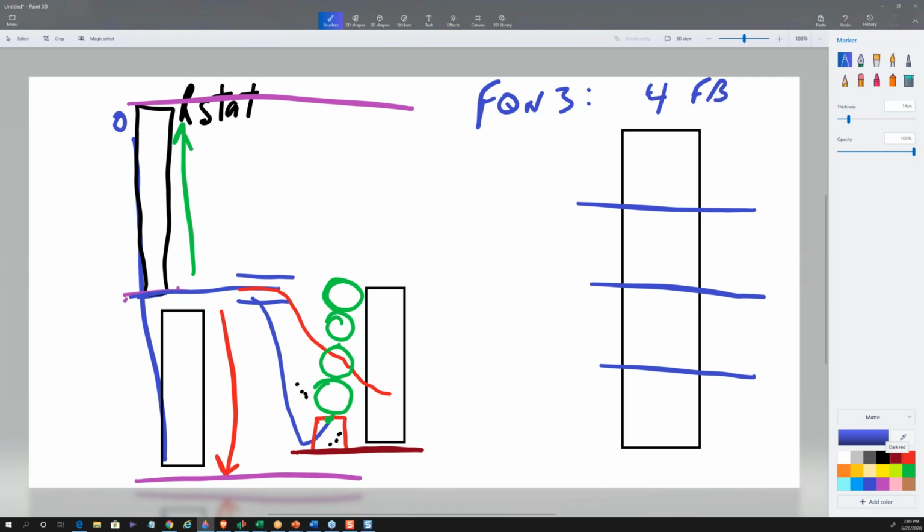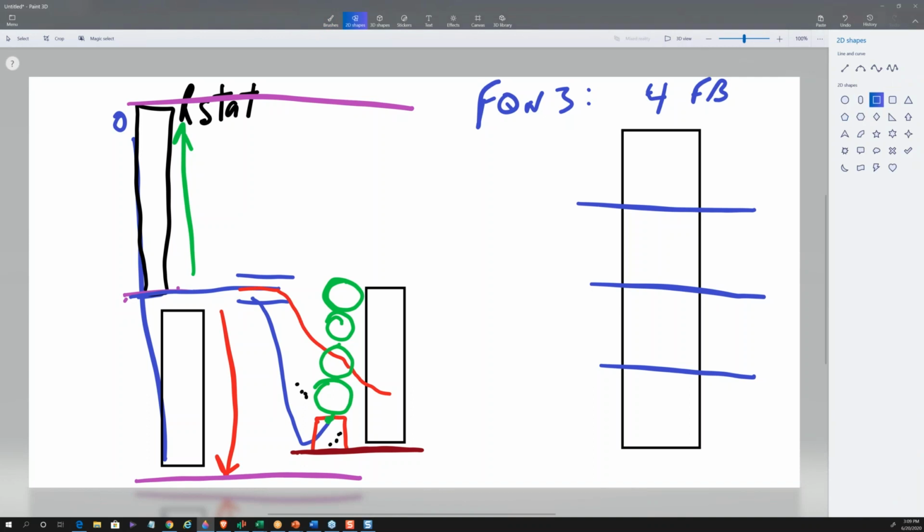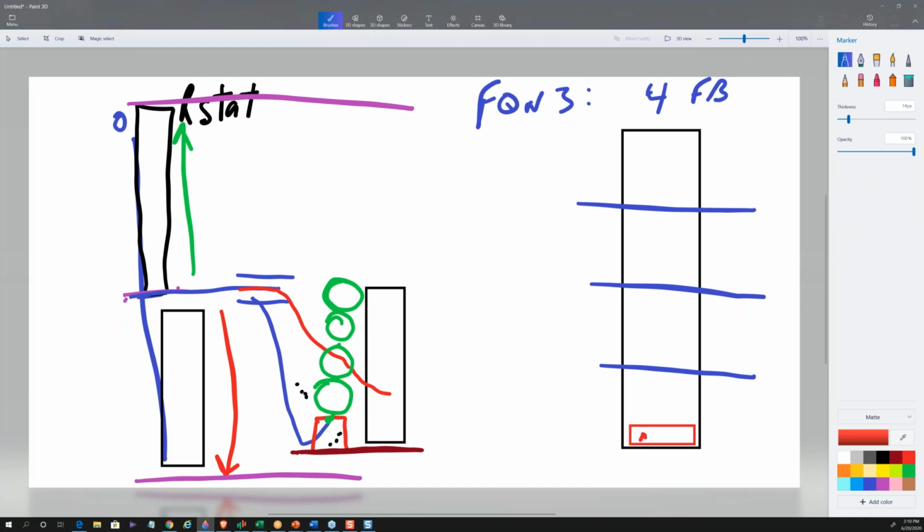So I want you to think about the power of the hybrid frog now and this minimum manageable risk box. It is not unusual for your little MMRB to be a quarter or a half of a frog, or in this case, about a third. So when your little MMRB is down here, I want you to realize what that means. If you had that really harsh winter and it sold off that far and started to reverse, and you got some little MMRB in here that was a third of a frog box,